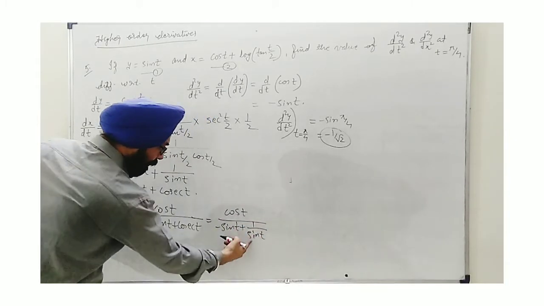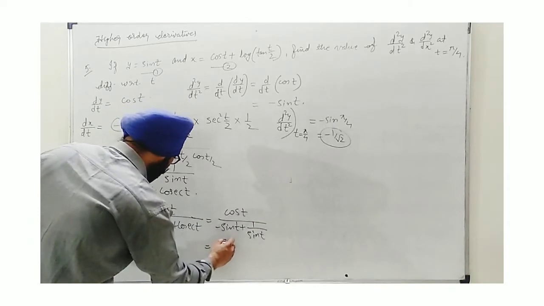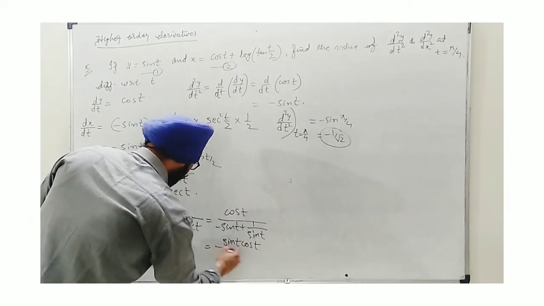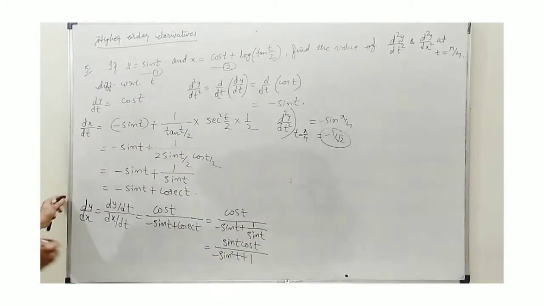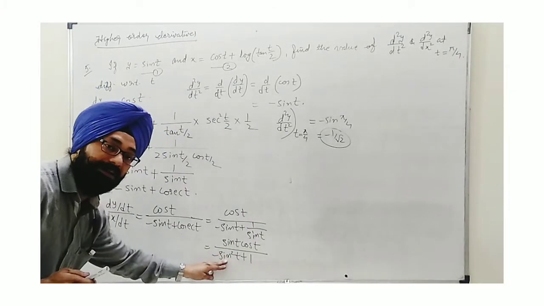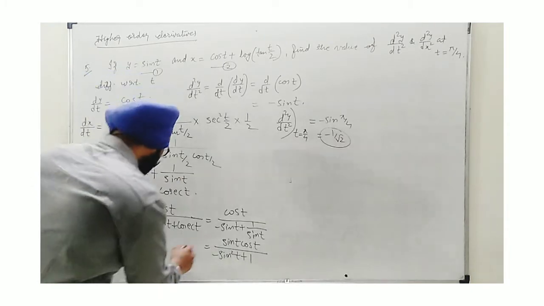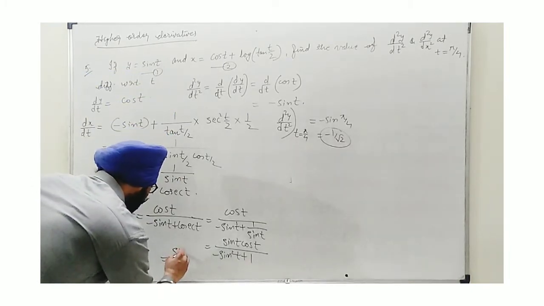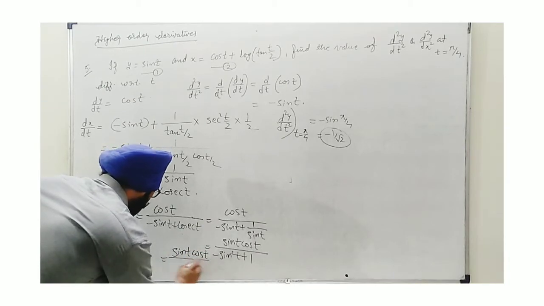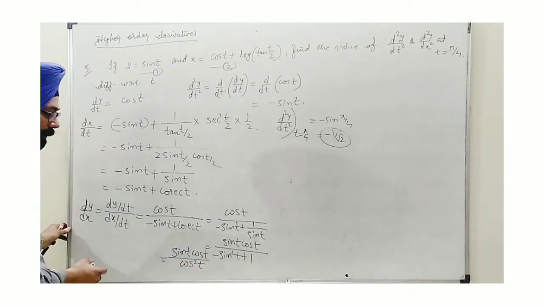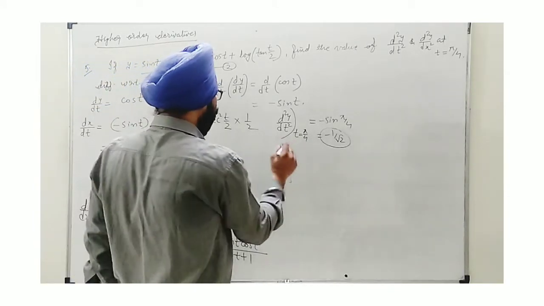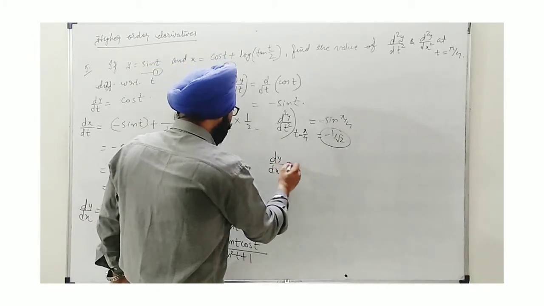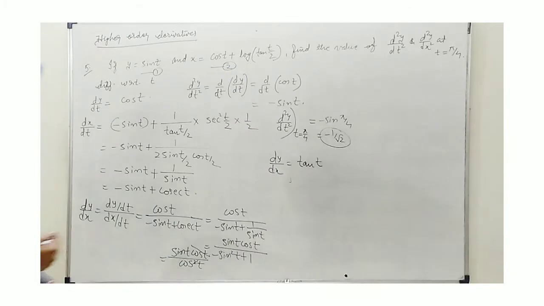If I take LCM, LCM will go in multiplication with cos t to make it sin t cos t. And in the denominator I find minus sin square t plus 1. We know that 1 minus sin square t is cos square t, so we should use it. We will find here sin t into cos t upon cos square t. As soon as I do this, cos t cancels the power and we are having sin t by cos t, and finally the value of dy by dx can be written as tan t. Too much simplified, means we have got a very convenient function, tan t.